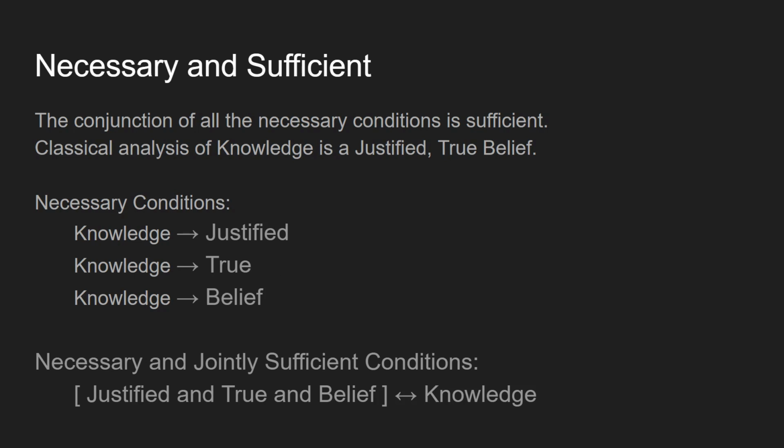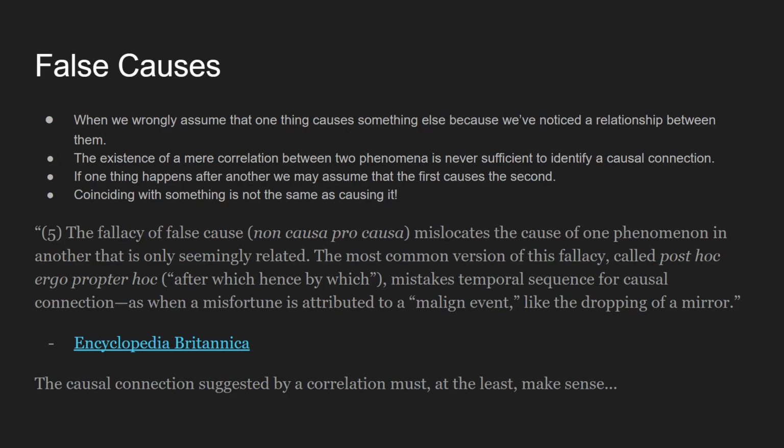Now, another kind of fallacy that we want to be aware of is the false cause fallacy, which is when we wrongly assume that one thing causes something else because we've noticed a relationship between them. This can happen when we're trying to logically decompose propositions and statements in this way, or relations in the world. The existence of a mere correlation between two phenomena is never sufficient to identify a causal connection. Just because we've identified that things of type B always follow things of type A,